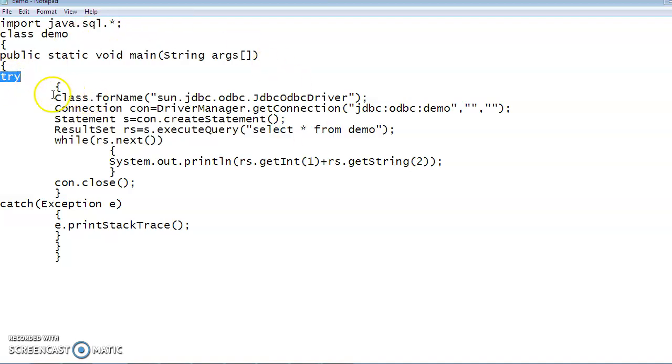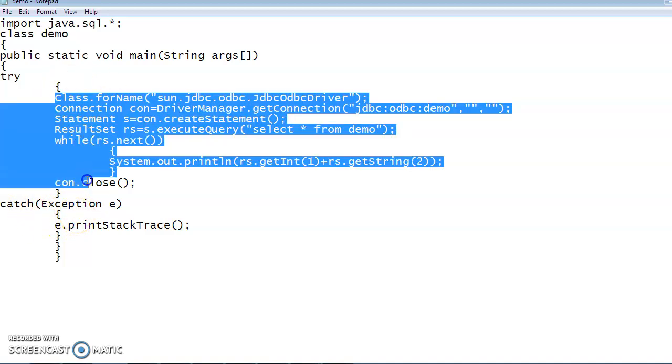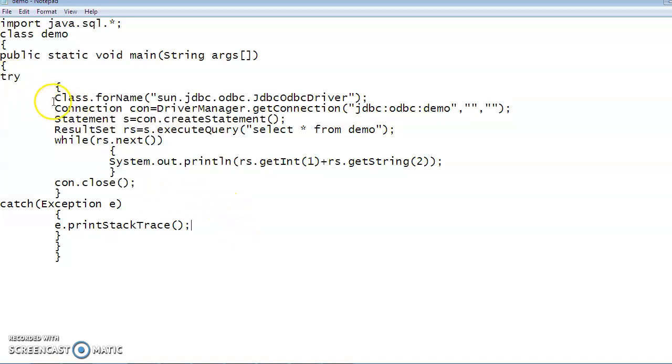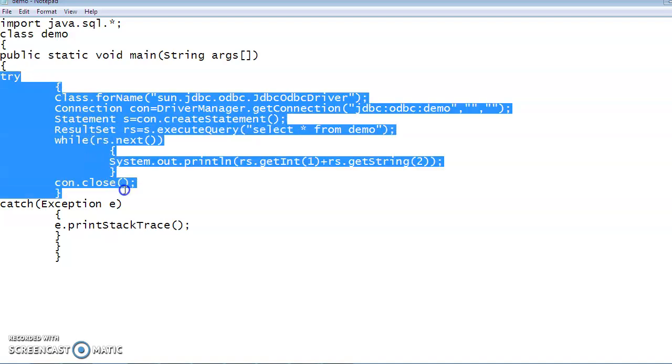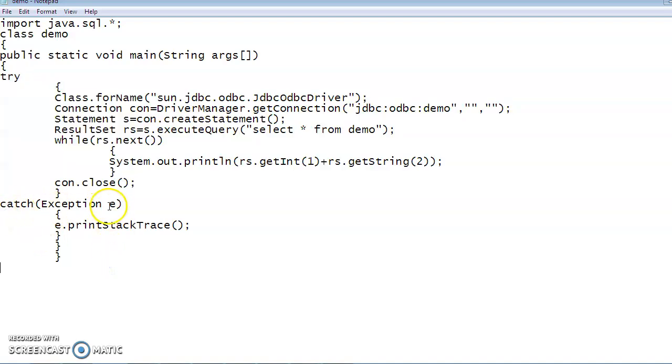We kept all this inside the try block. In general, if any error is generated during this operation, it is always generated in the try block, and it is caught by the catch block using the exception object e.